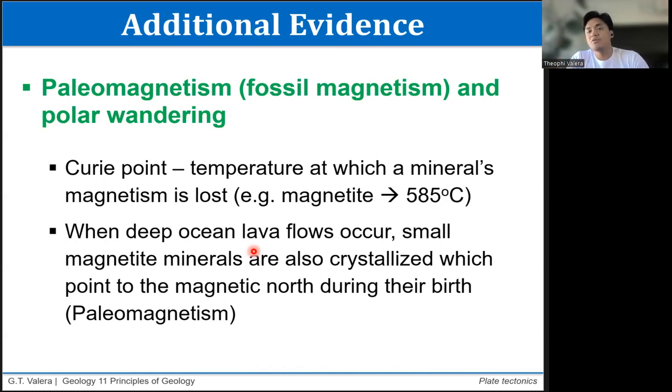Okay. And eventually, when these rocks get moved, if, for example, totoo yung plate tectonics, then yung oceanic lithosphere natin, as we said, they start moving because it's a lithosphere. And when they start moving, supposedly, yung location ng magnetic north na tinuturo ng old rock na yon no longer points to the present day magnetic north. Okay, at present, of course, our magnetic north is roughly close to the geographic north.